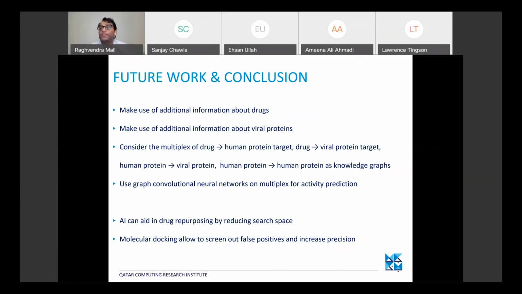So the function that we are estimating is basically a function of drug and the viral protein. But we have not considered a very important factor which has to be used when we are making our model, which is the human cell or the human host. The function should ideally be a function of a drug, viral protein, and the human host. And one way to incorporate that information is that there is a plethora of